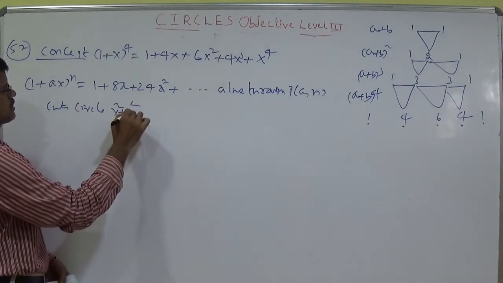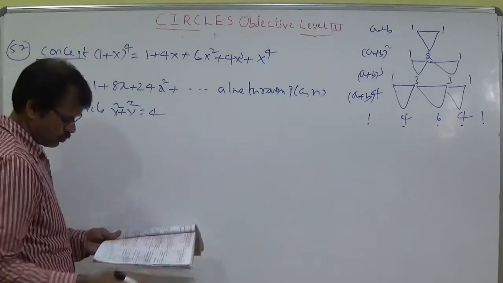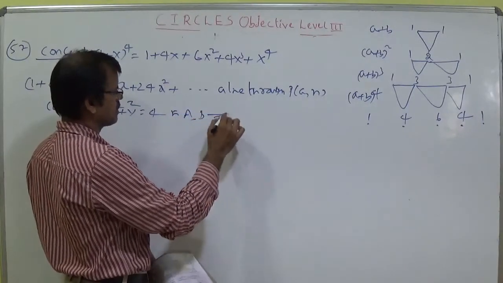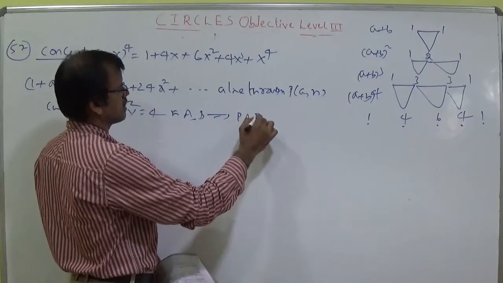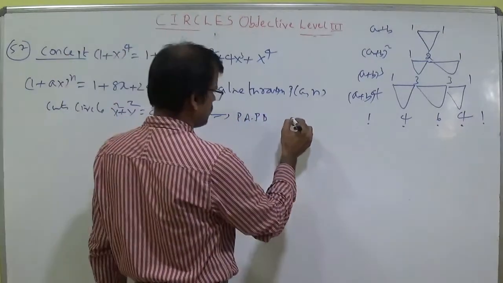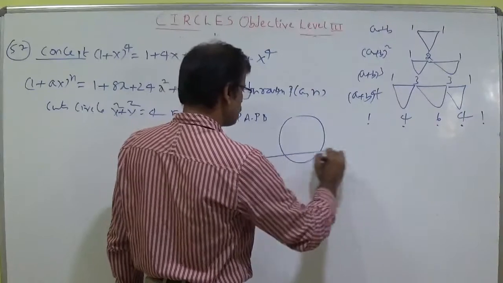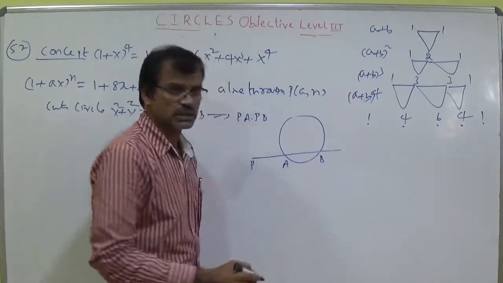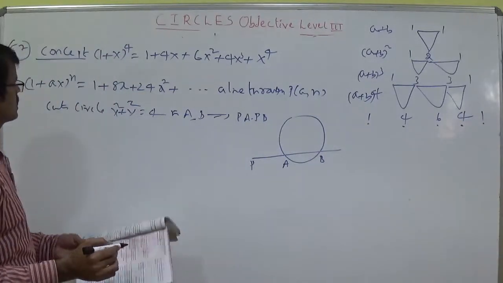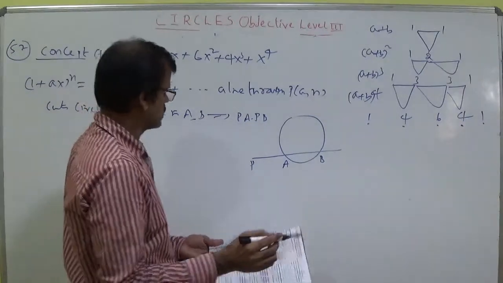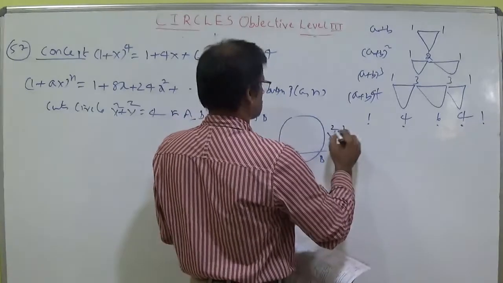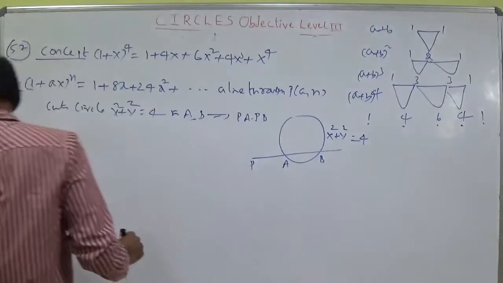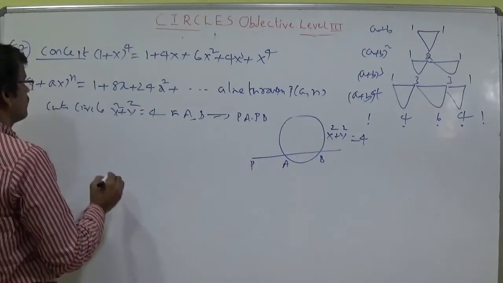x square plus y square is equal to 4 in A and B, in capital A comma B. That implies what is the value of PA dot PB? We proved in IPA that PA dot PB is equal to S11. So the circle is given, x square plus y square equal to 4. Now let us convert the given value.